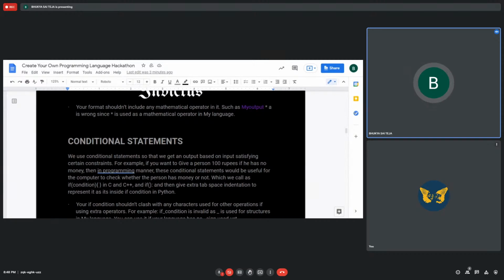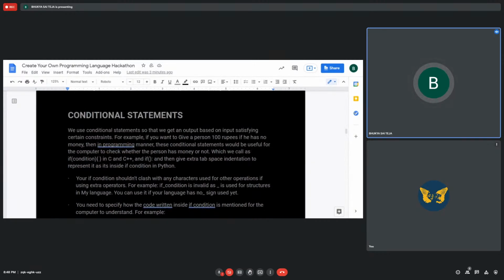Coming to conditional statements. Conditional statements are used in a programming language so that you are aware of what you are doing actually, I mean, while comparing. So suppose you have 100 students in your class, and you want to check from each one of them if he has money or not. Okay, and if he doesn't have money, you will be giving 100 rupees, for example, things like that. So for that,